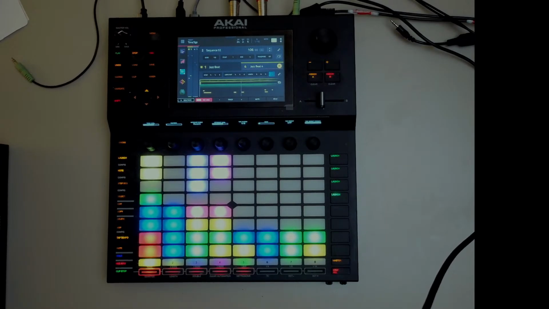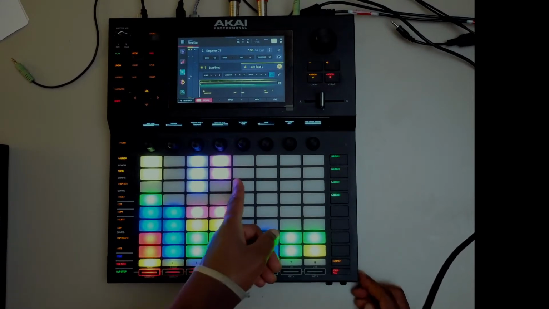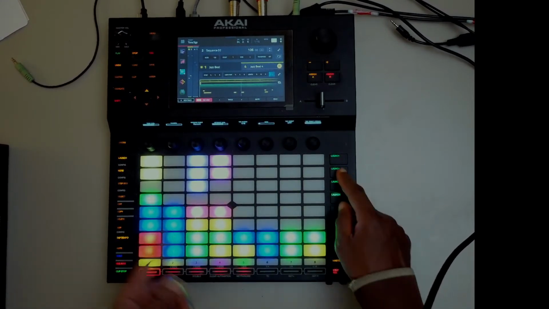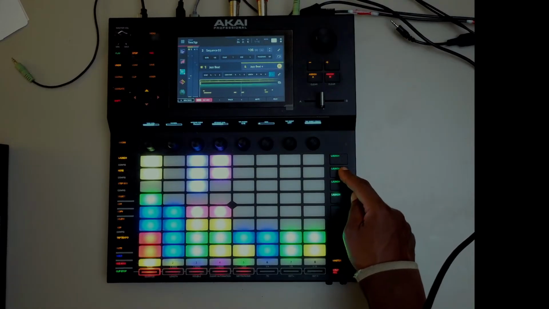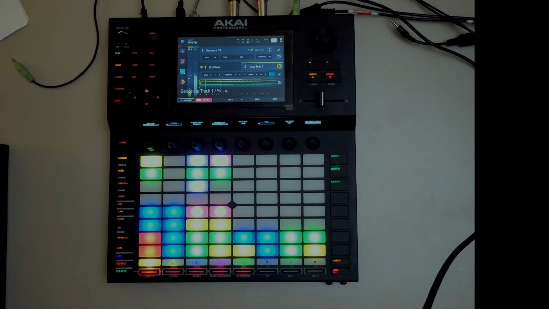But back to your question of polyrhythms, what you would do is create something. I've kind of done a polyrhythm accidentally there because my brain works in 4/4. So let me get rid of that.